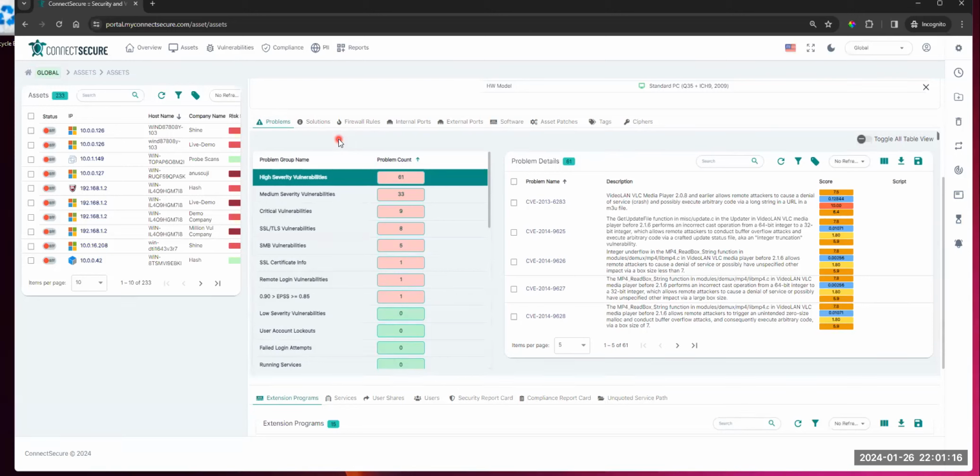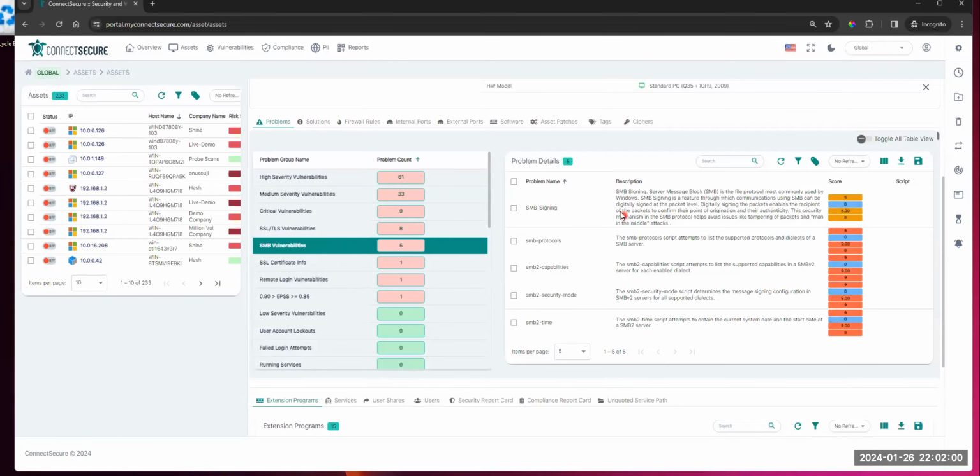But what we've done, instead of just saying vulnerabilities and then dumping this big list of CVEs to you with severity and then saying, figure out what those are, the team has created these problem groups where we're trying to create these categories, more layman's terms, that help everyone understand and learn what types of vulnerabilities are out there and how can we look at them through different lenses so that we can remediate them appropriately, take priority on things that are priority, but also learn what the difference is between a CVE that affects an application